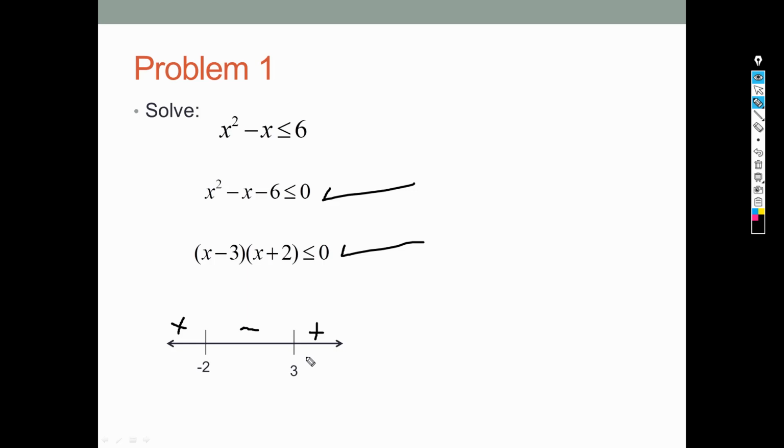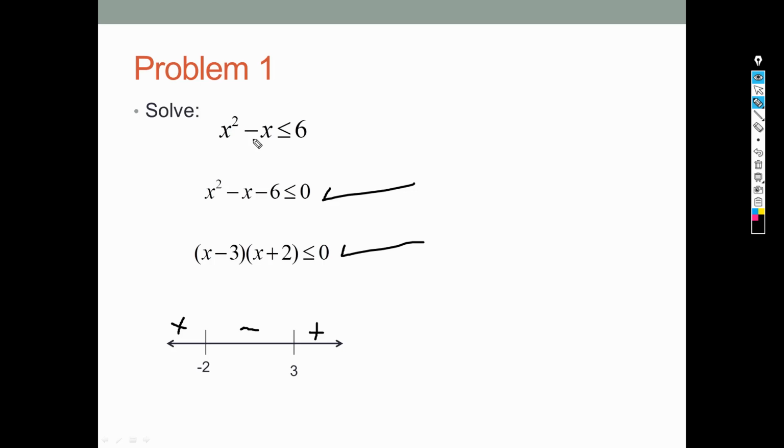So that means that the solution to the original equation is any number that lies between -2 and 3. That is, x is greater than negative 2 and less than 3. And because I have an equals here, notice here I have less than or equal on these. The negative 2 and the 3 are also included, because if I put a negative